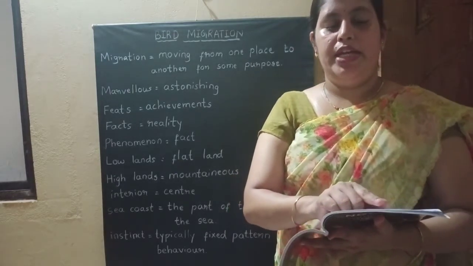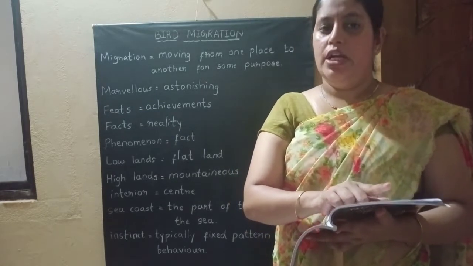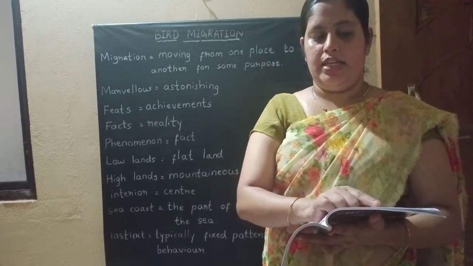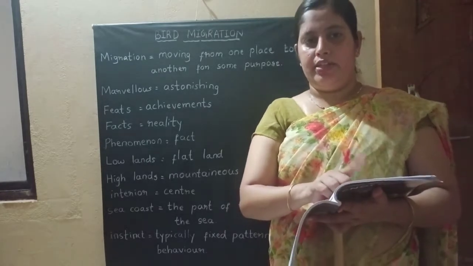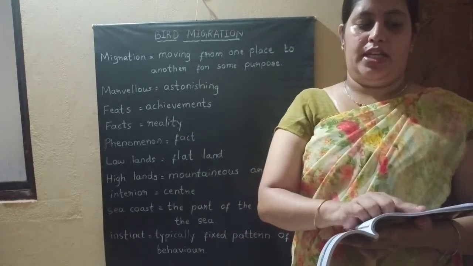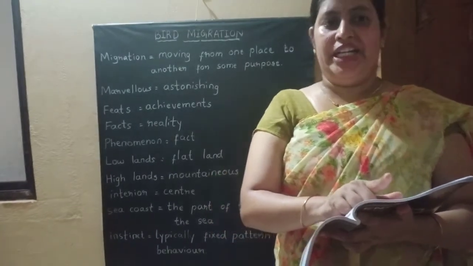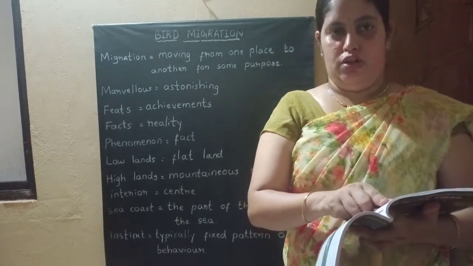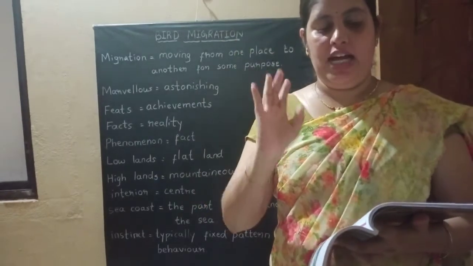So birds breed in summer. Birds give birth to their young ones. Breed means giving birth to young ones. Birds give birth to young ones in the summer season, and this is also connected with migration. So the breeding time of the birds is also connected with migration during this season. During the breeding period, birds migrate northward, toward the north pole of the earth.